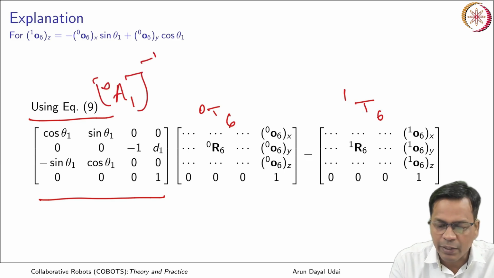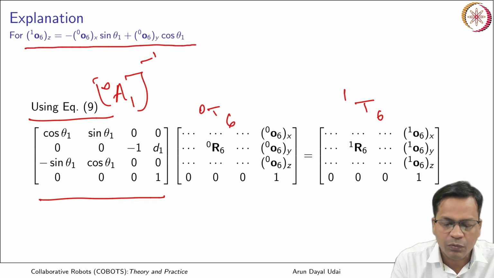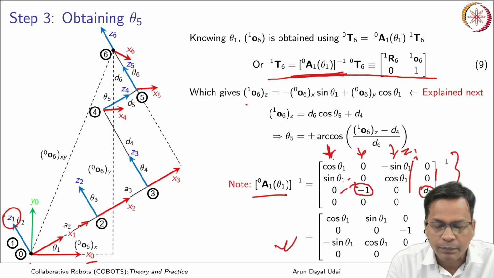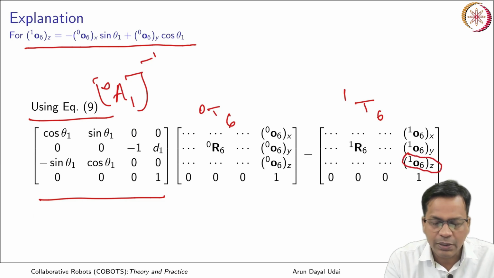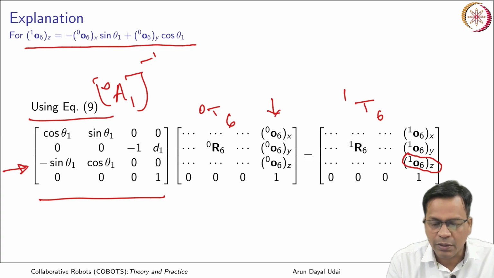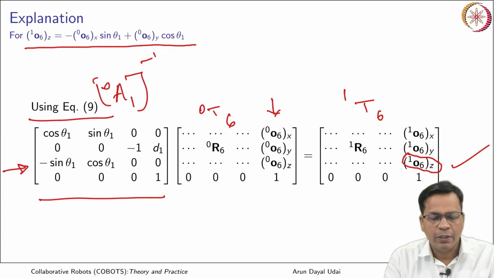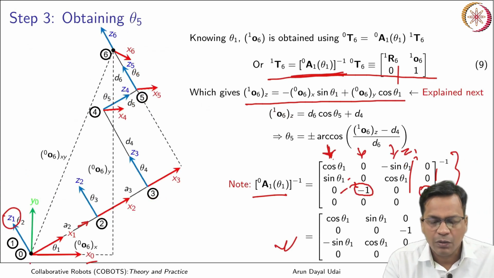So if I use it, I can quickly obtain this part. So this is what was used here, so that you can quickly obtain. So it is basically this part of this. So you can quickly see it here. It comes out to be this into this. This into this gives you this. So this is how I have obtained that. So now you can recall whole of this quite easily.